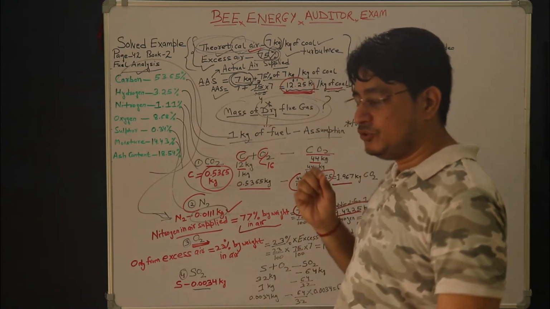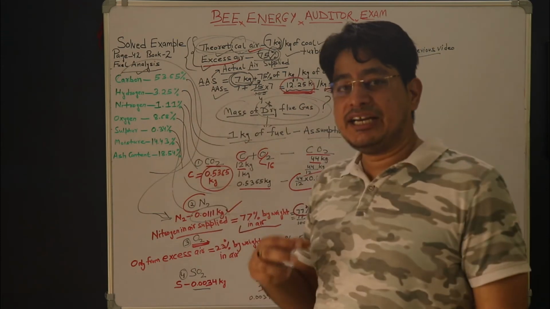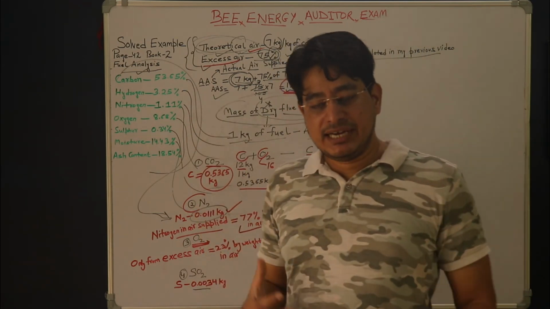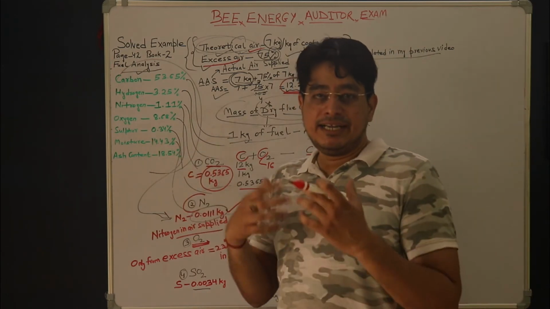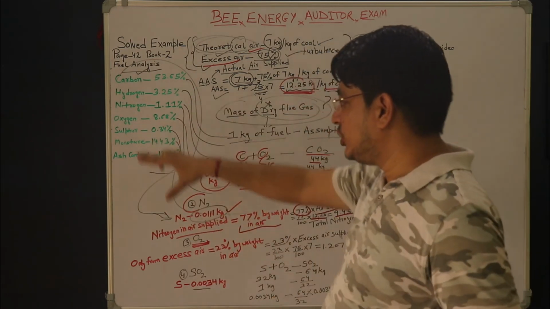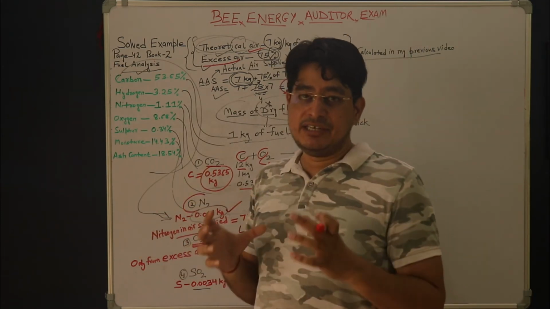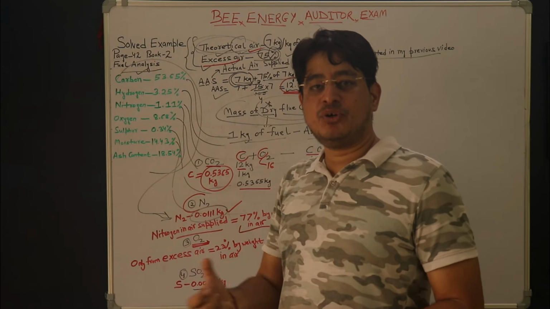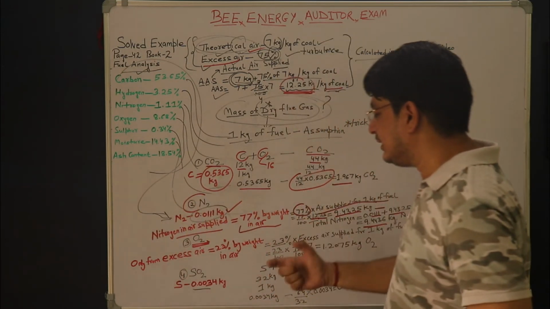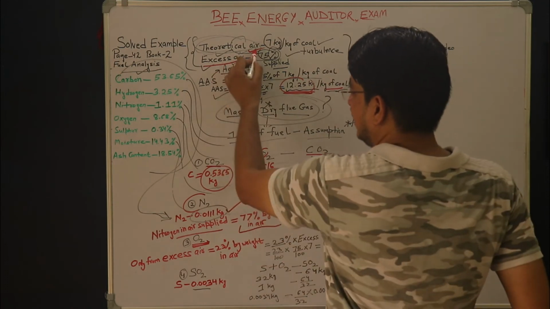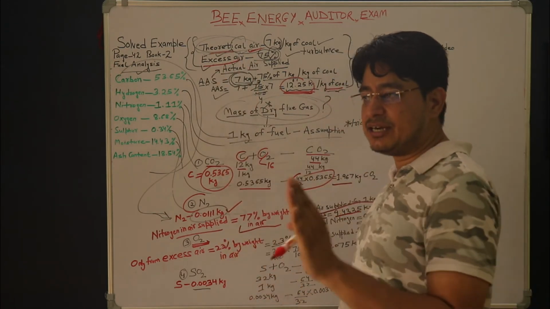But now you must note that you are supplying some excess air for creation of turbulence, so that intimate and proper mixing between the fuel and the air takes place, the combustion reactions are carried out in a very efficient manner, and the optimum amount of energy is released during the combustion. So you must take note here that if you are supplying the theoretical air, you will have no oxygen in the dry flue gas.